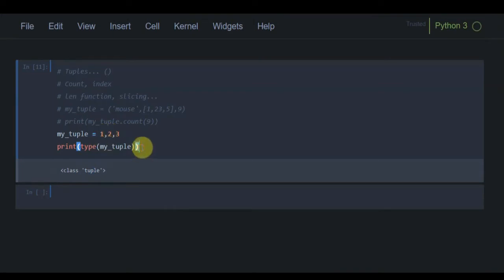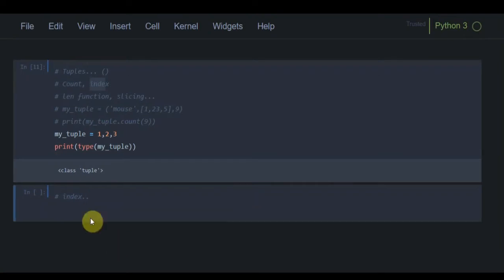All right. Now let's talk about the index method. We can use indexing to access each item of the tuple.